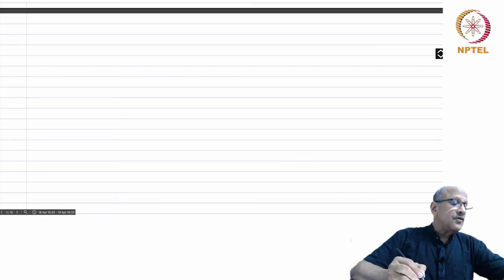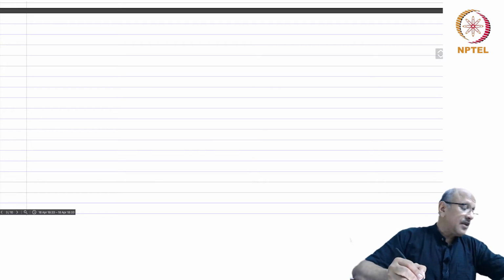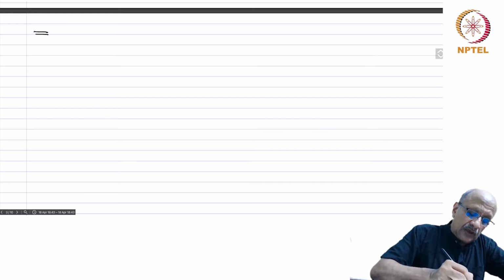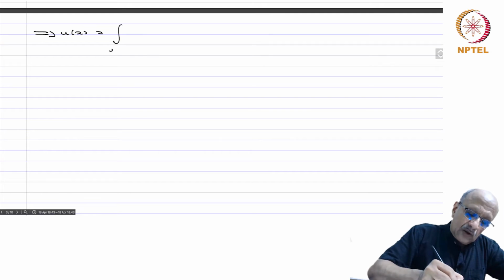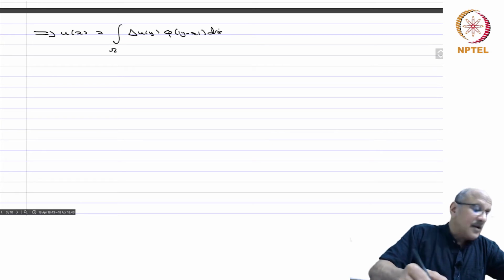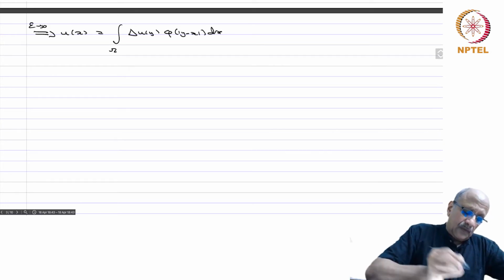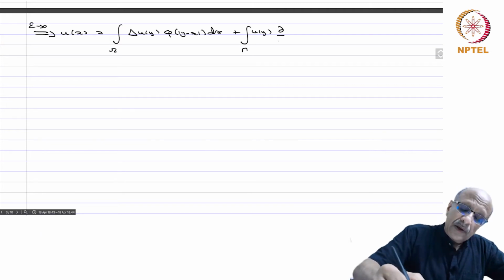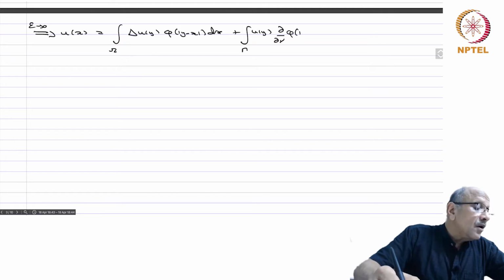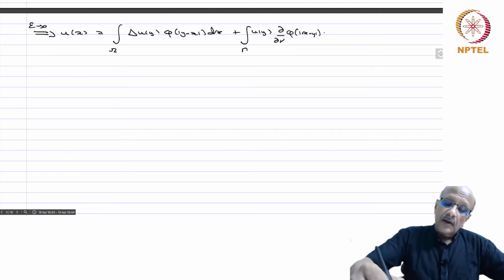So, if we rewrite the previous thing, the whole thing, you will get u(x) equal to the integral on Omega, as epsilon goes to 0, of delta_y u(y) phi(|y - x|) dy, as epsilon goes to 0, plus the integral on Gamma of u(y) d/d nu phi(|x - y|) d sigma_y